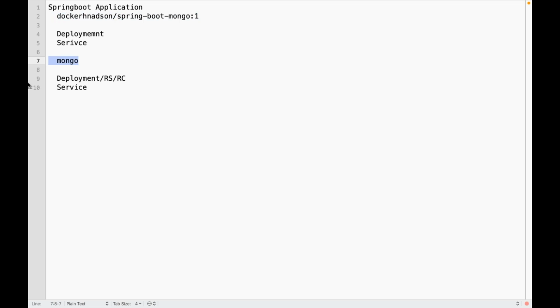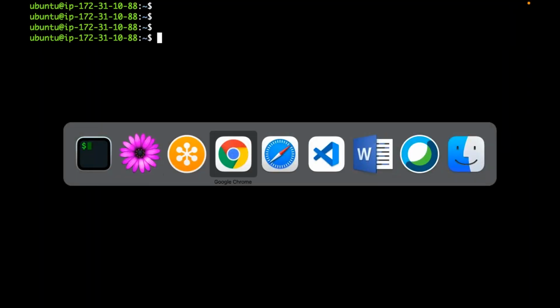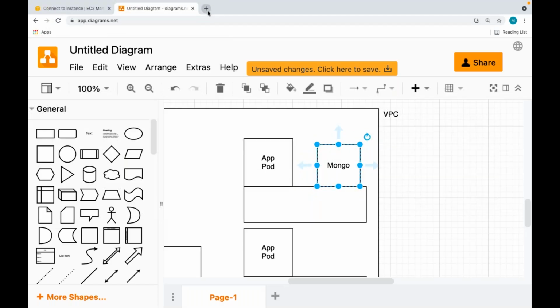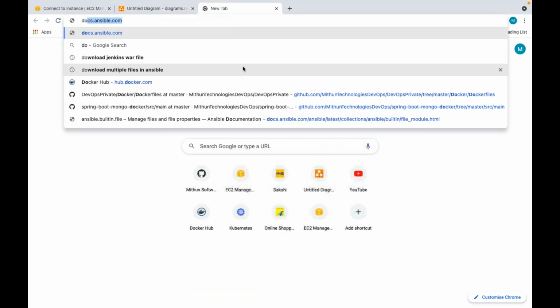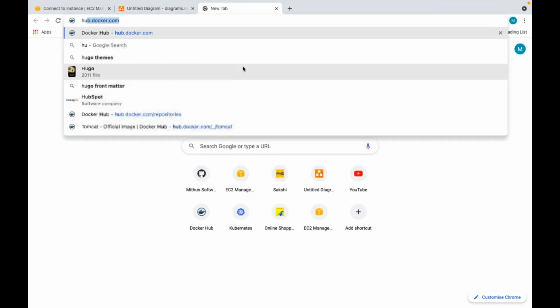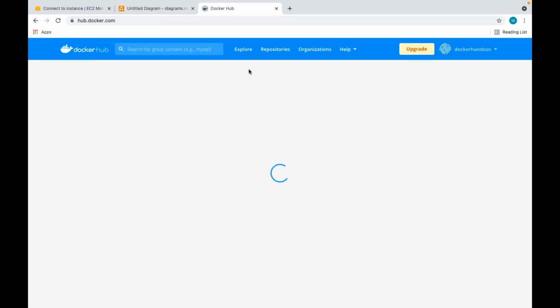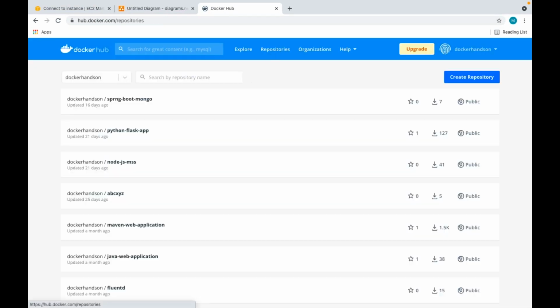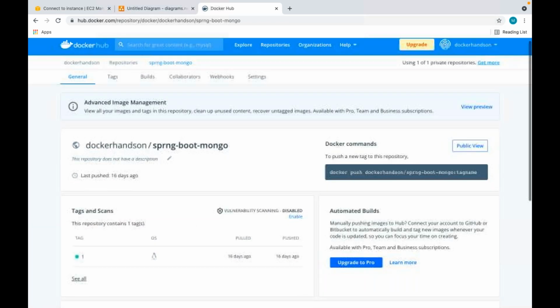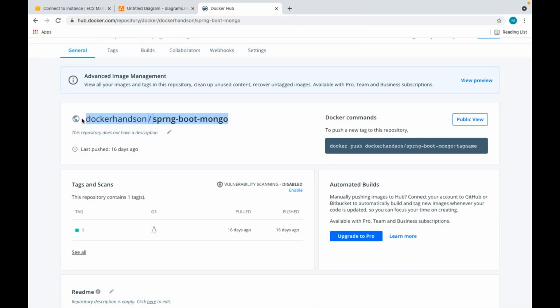Yes. So do I already have an image for that application in my Docker registry? When I was explaining Docker, did I create an image for that application and push it to Docker? Do I have that image, if you see here? Now can I use this image to deploy that application in the Kubernetes cluster? Yes.